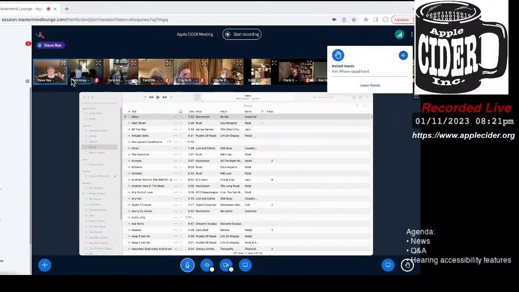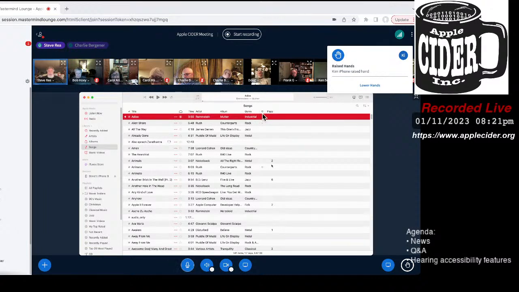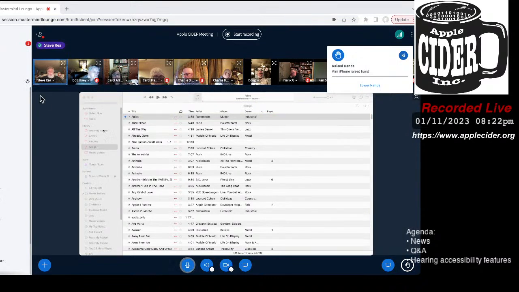They have moved where home sharing is depending on the system version you've got. It used to be in iTunes itself. In the file menu there was a home sharing command. I think around Monterey is where it moved into system preferences, and now in Ventura it's under system settings.